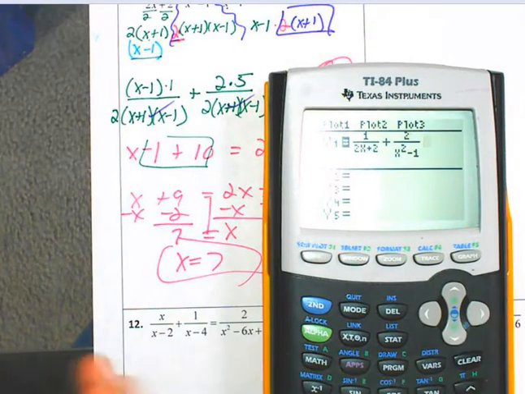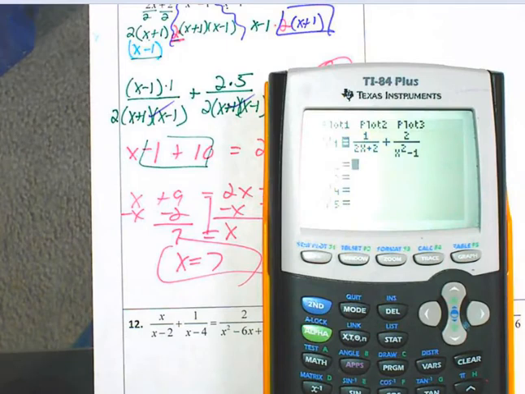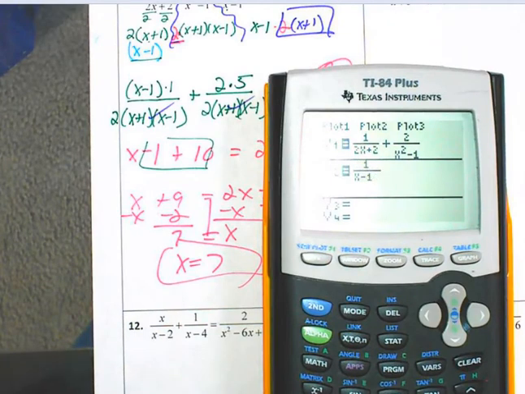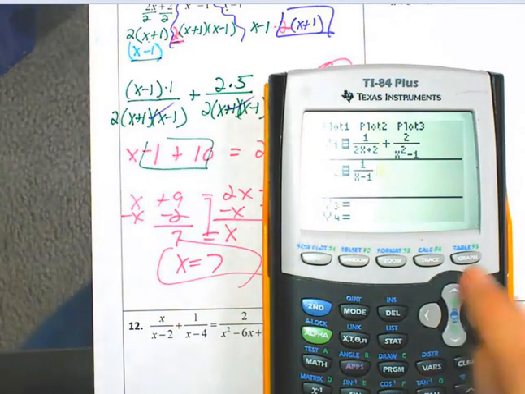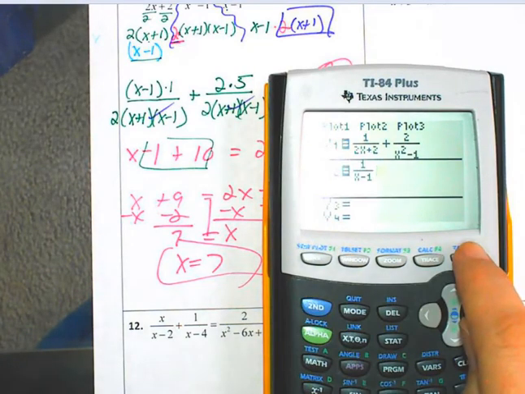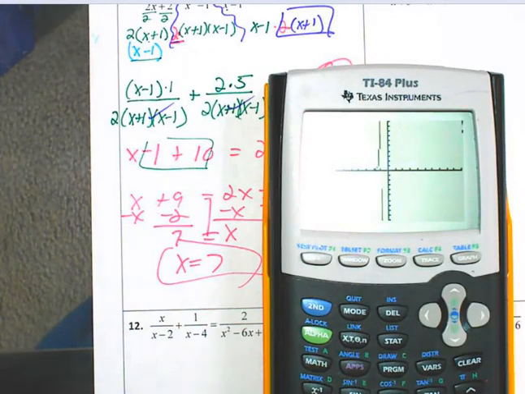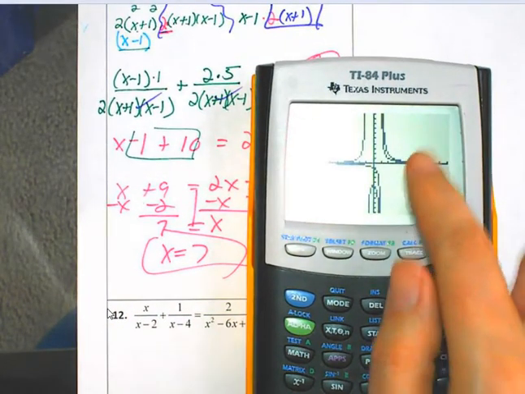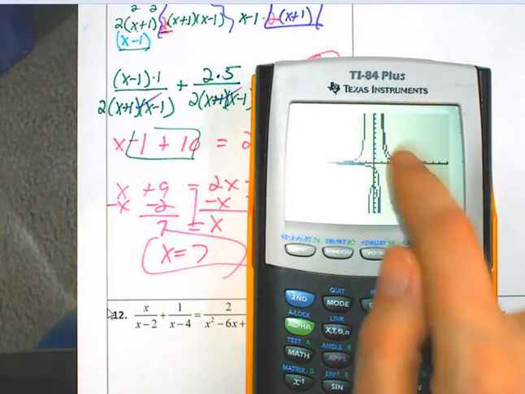Okay, so that was the left side of my equation, and then on the right side of the equation, I'm going to say alpha y equals 1 over x minus 1. Okay, left side of the equation is y1, right side of the equation is y2. I'm going to go into graph. Okay, so now that I'm in graph, I'm going to find the intersection of the function. Okay, so in the graph, you're looking for the intersection of these two, the left side and the right side